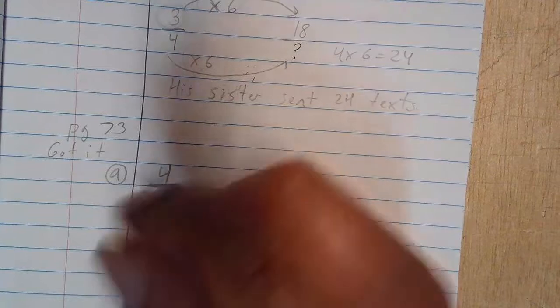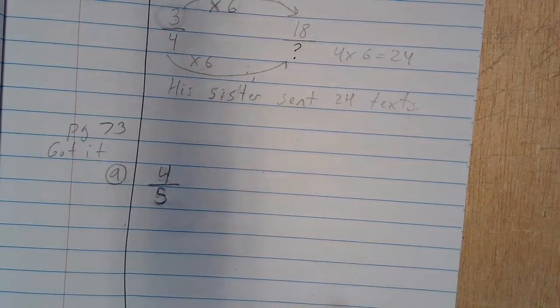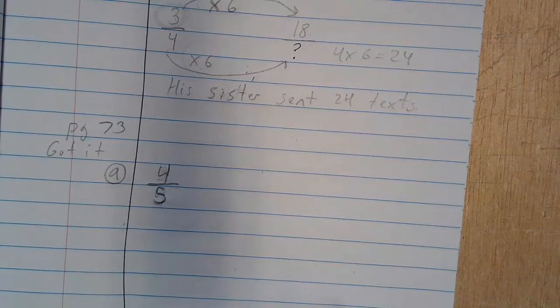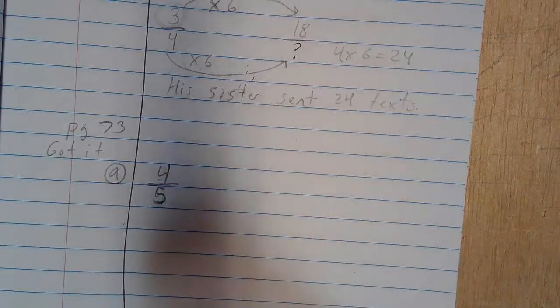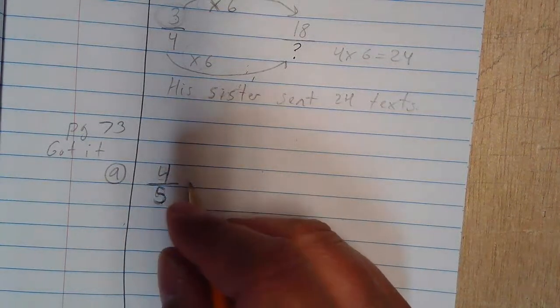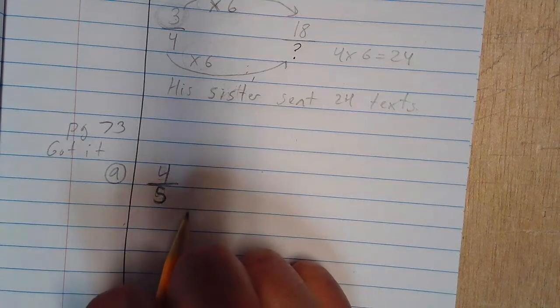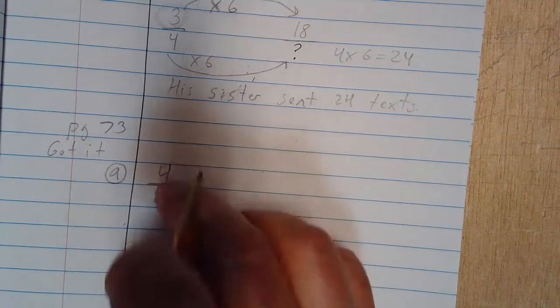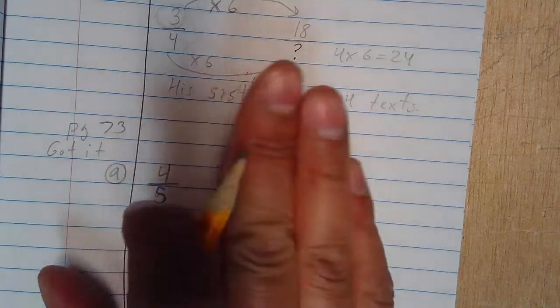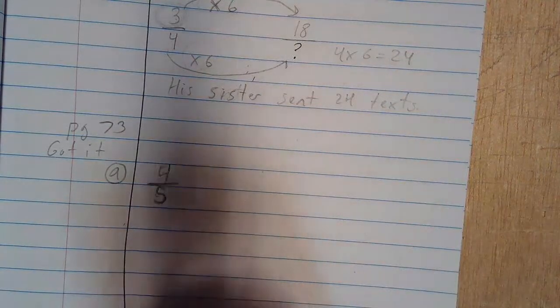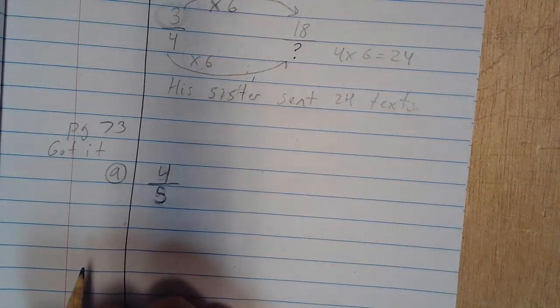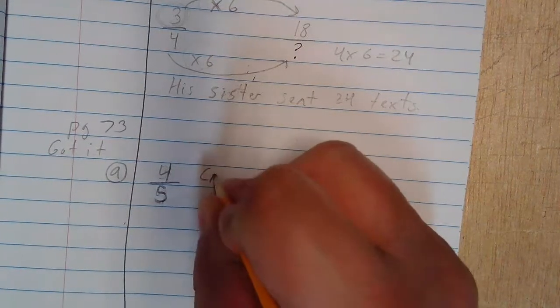4 out of 5. But I do want to say this, though. Since I read the problem again, just to verify, I caught my mistake. So maybe that should be a good lesson for all of us. Once you write the numbers down, just go ahead and take a glance at the problem again, just to make sure you copied everything correctly. Because if I had written 3 out of 4, the answer would have been totally different. And in this case, it would have been wrong. Okay, 4 out of 5 people preferred creamy over chunky peanut butter. We're talking about creamy peanut butter. I'll put down creamy